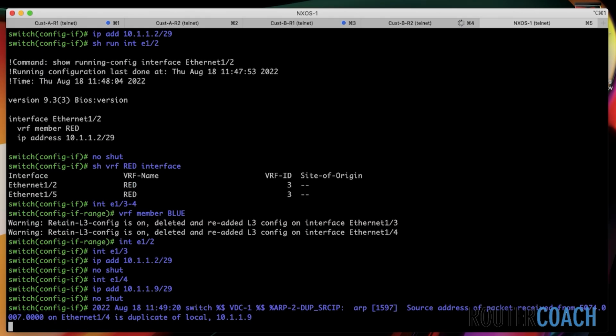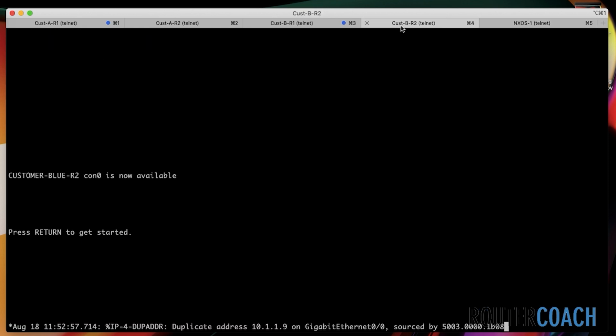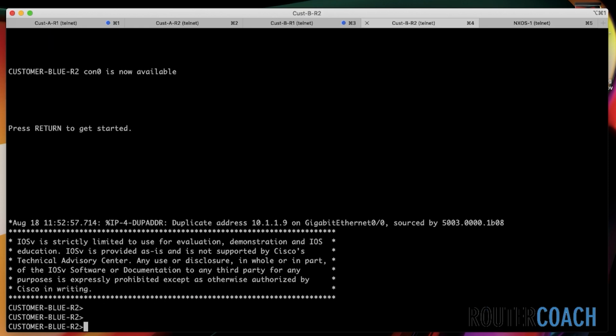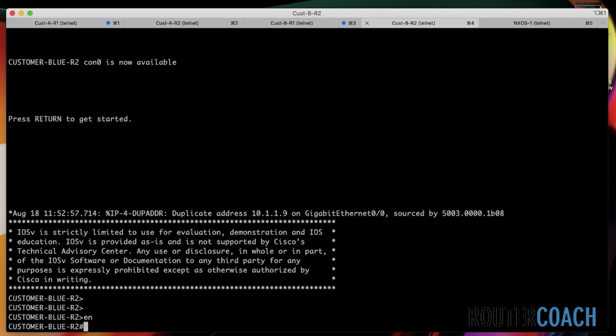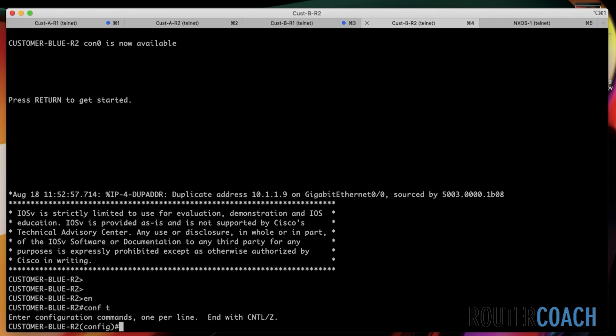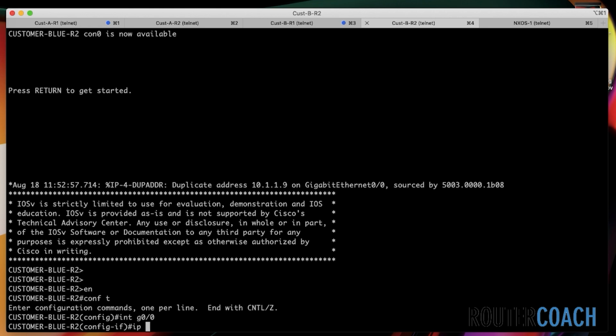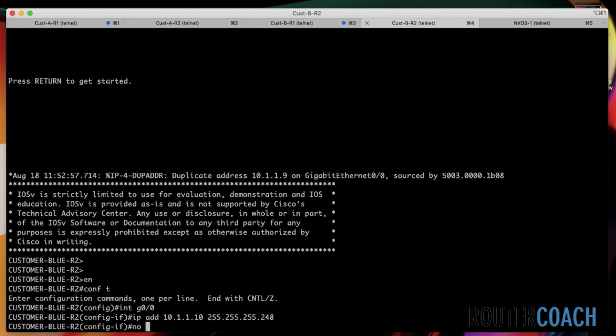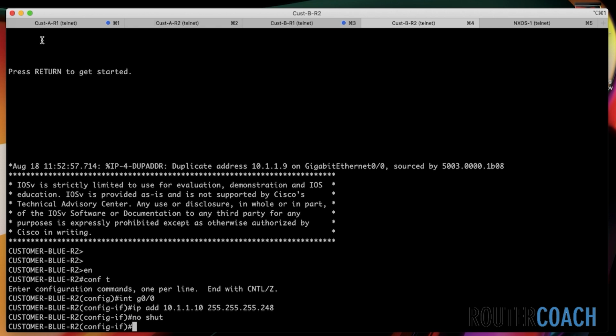Show. And again, there's a duplication. So again, on the host, which is customer BR2, interface G0/0 IP address 10.1.1.10 on a /29. No shut. Okay, excellent. Alright, so if we jump back onto the Nexus, we should be able to ping the